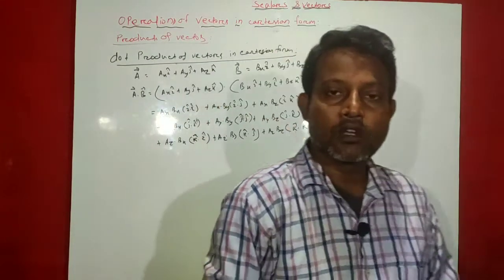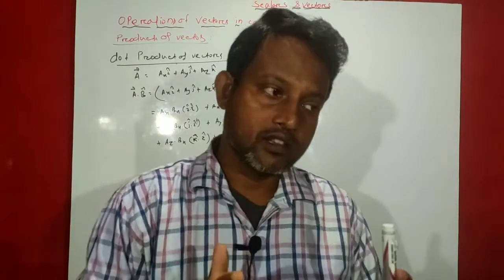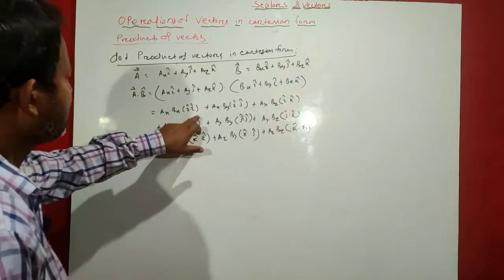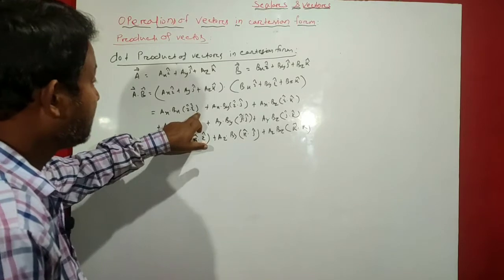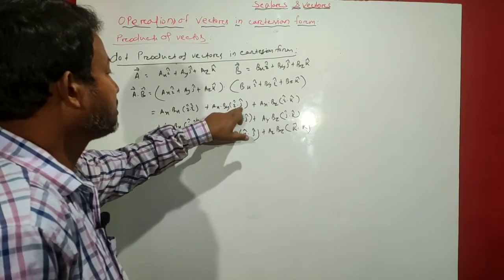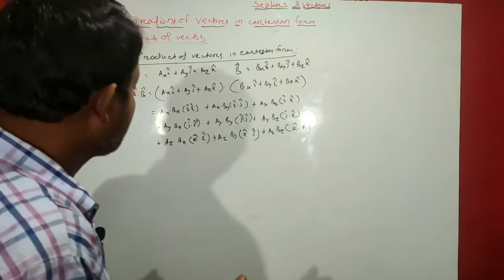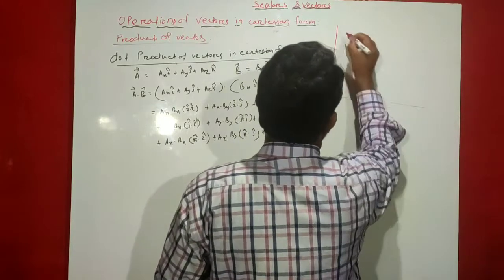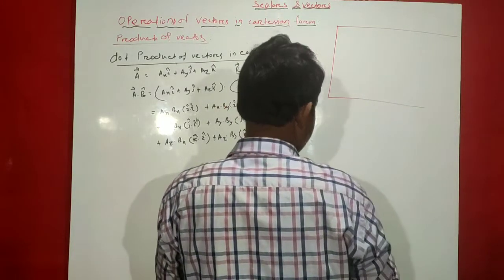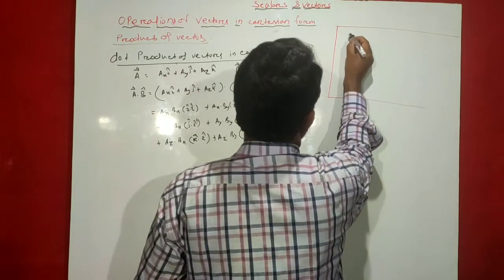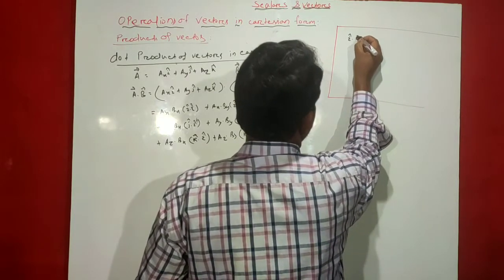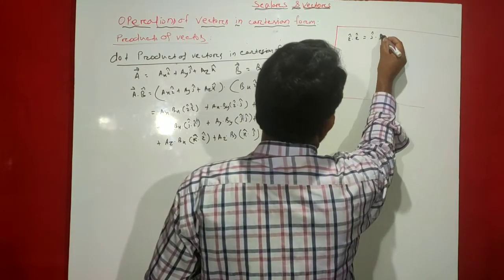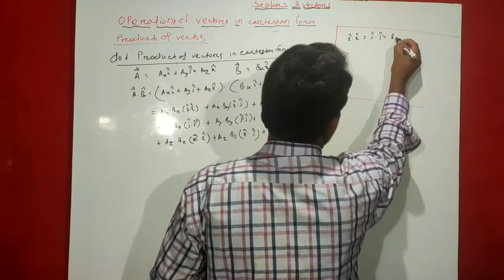Look guys, first we have to know the product of unit vectors: i dot i, j dot j, i dot j, i dot k. Look here, when we take the dot product of i with i, or j with j, or k with k,